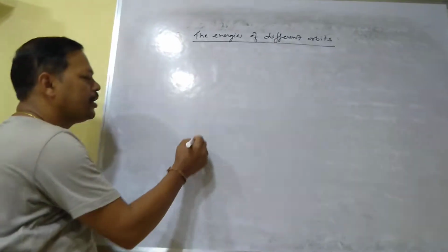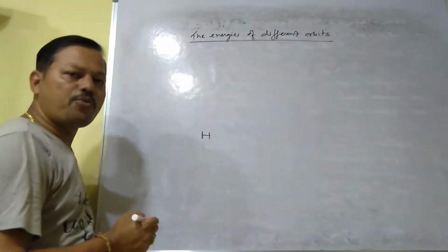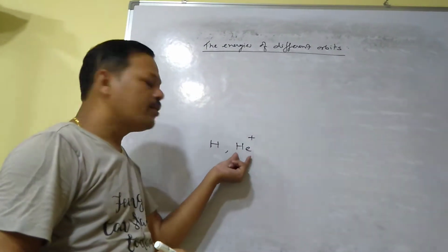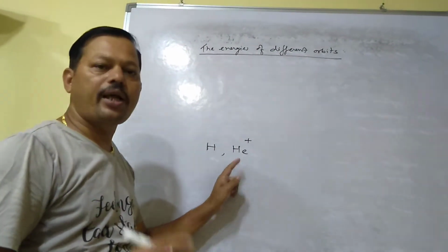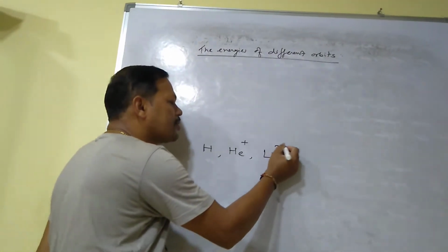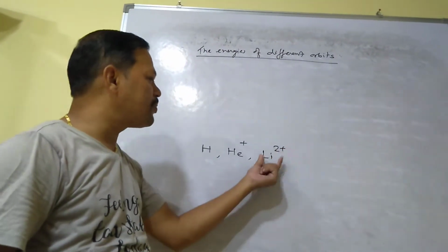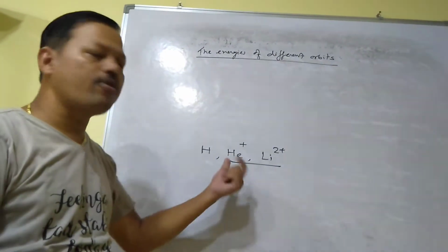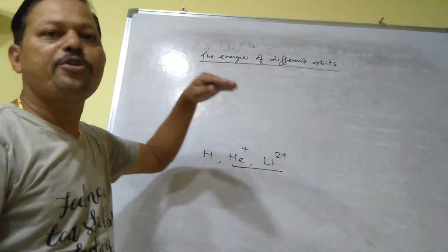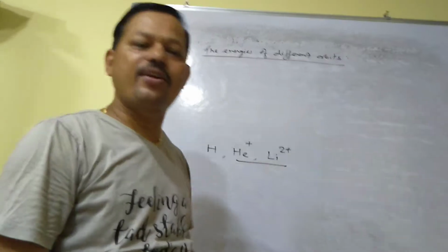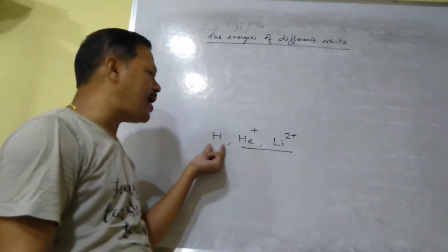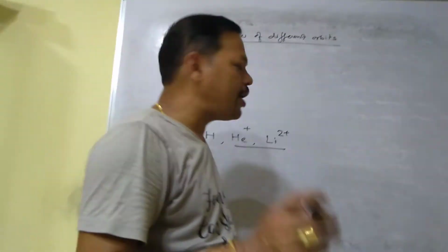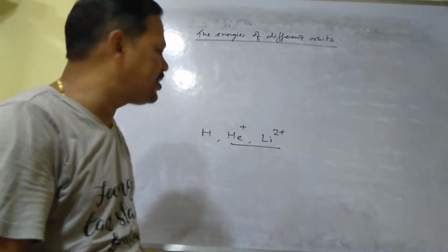Hydrogen like particle means, you know, hydrogen, it is H, it contains one electron. If you consider helium ion He plus, normally helium contains 2 electrons, He plus means it also contains 1 electron. Lithium 2 plus, lithium normally contains 3 electrons, 2 plus means it has 1 electron. So helium ion, lithium ion, these are called hydrogen like particles, I mean they also contain 1 electron. So these equations, if you want to determine the energies of different orbits, are applicable for hydrogen or for hydrogen like particle. In the question it will mention whether you have to find out for hydrogen or for helium ion or lithium ion.